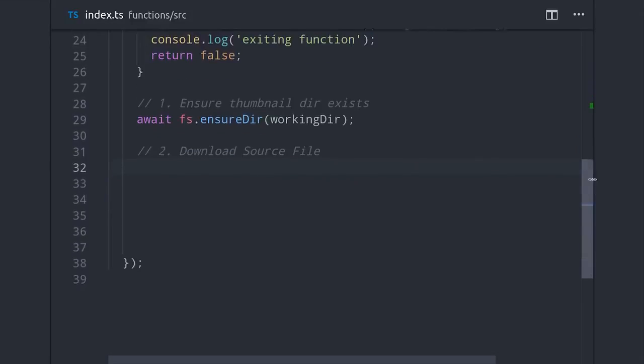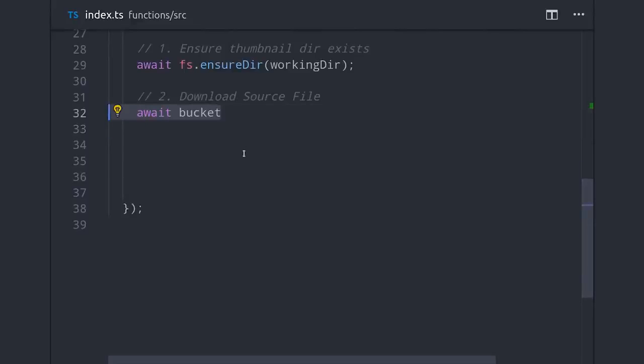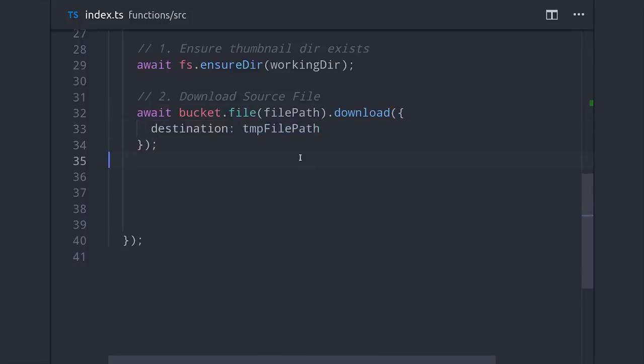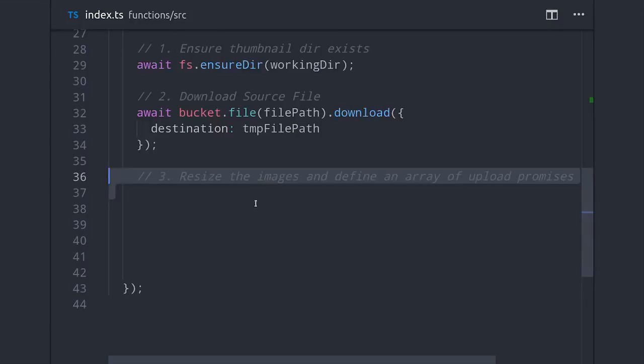Now that we know the directory exists, we'll go ahead and download the source file to that working directory, which we'll do with the GCS library. We can await the bucket file to be downloaded to the path that we defined in that working directory. After the file is downloaded, the third step is to resize it to the thumbnail sizes that we want, and then we'll want to set up an array of promises that represent the upload operations for each one of those